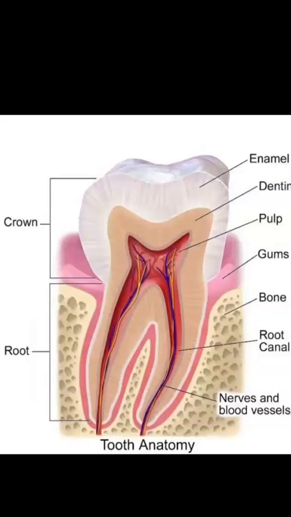And now desirable properties. What are the properties which we want in the root canal irrigants? Irrigants should have a broad antimicrobial spectrum and high efficacy against anaerobic and facultative microorganisms organized in biofilms. So they should kill the microorganisms which are present in the canal.